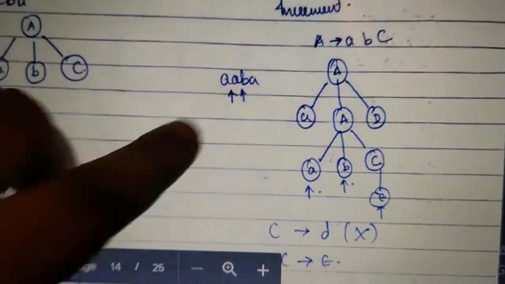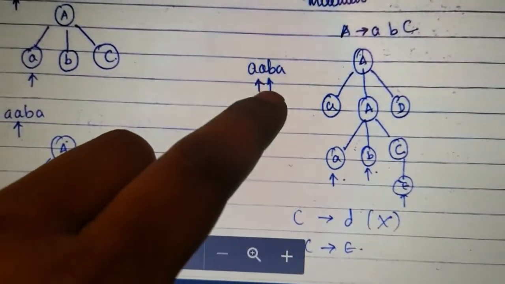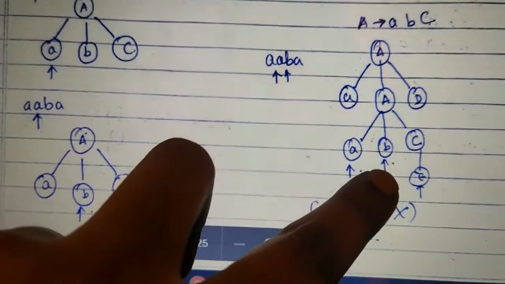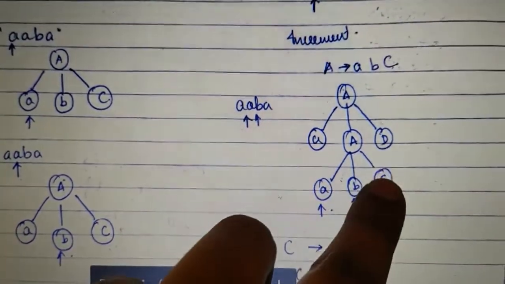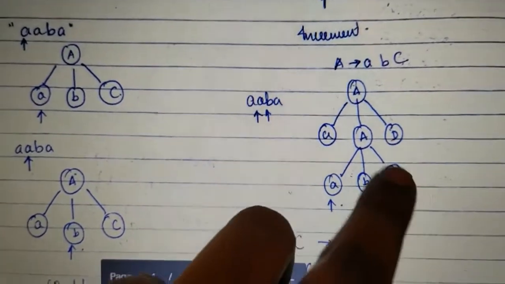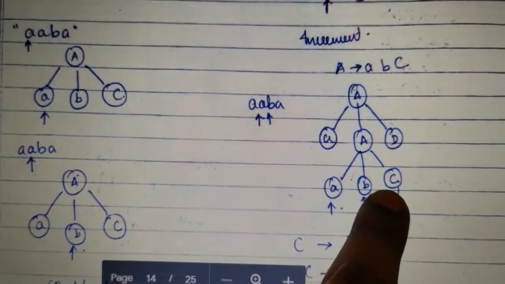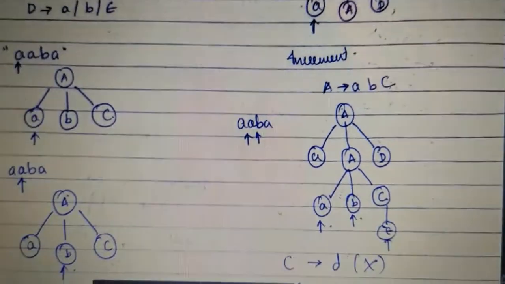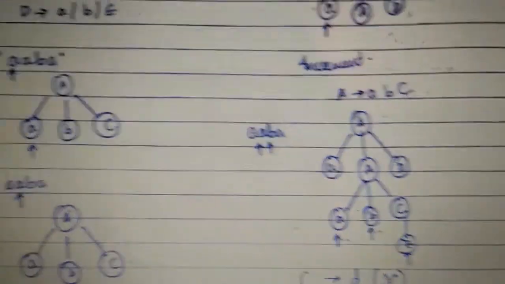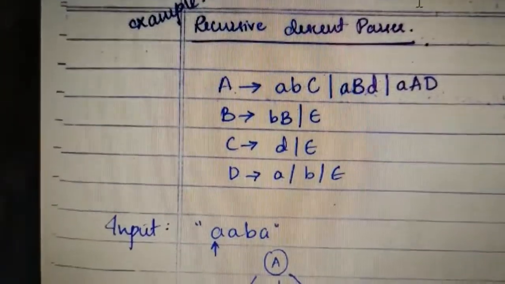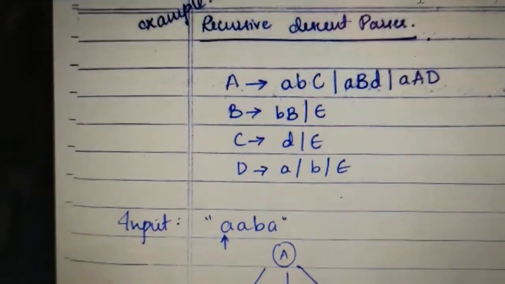In this case, as you can see, this A is matching, the second A as well is matching, and my third value is also matching. Okay, then I am left with two non-terminals, C, D. Now I have to first consider C, because this is the leftmost non-terminal that I have. So what are the options that I have for C? If you can see here, the two options are C, D and epsilon.